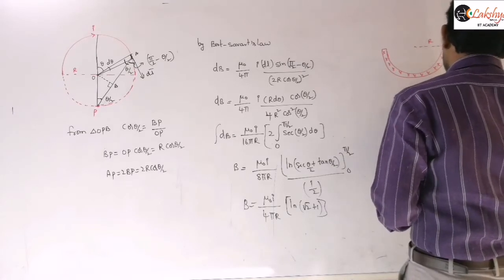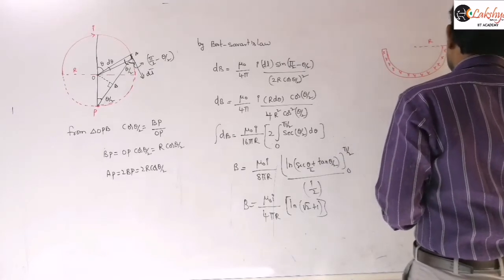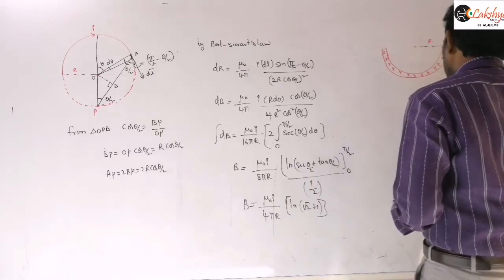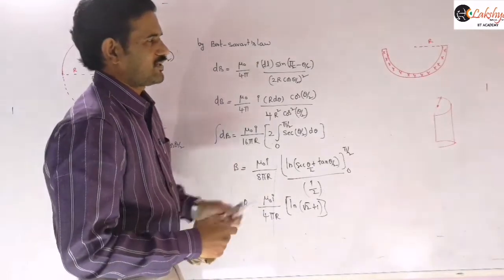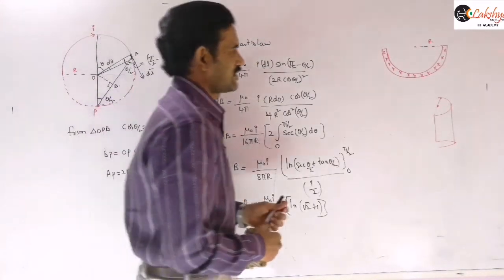So our cylindrical part will be actually there like this. Then we are finding the magnetic field at this point here. That means we are taking only this half of the cylinder. It's a long cylinder, so we need to find the magnetic field at its center here. So next, write this problem.